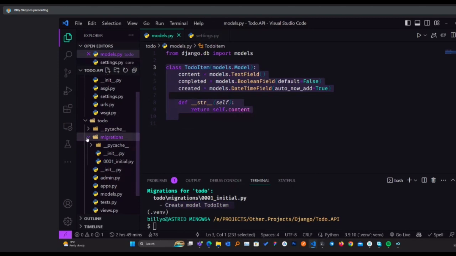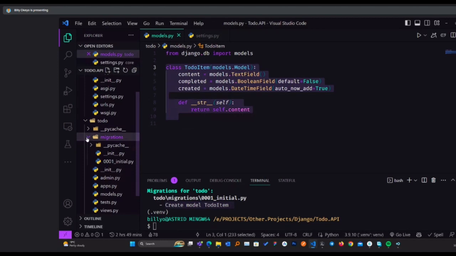Then we have a class Migration, initial = True, dependencies, it has no dependencies. Then you can see that it's CreateModel, named TodoItem. Then we have the fields that it will create. After having that, what you can do next is run the migrate command. By migrate, it will push those changes to the database.